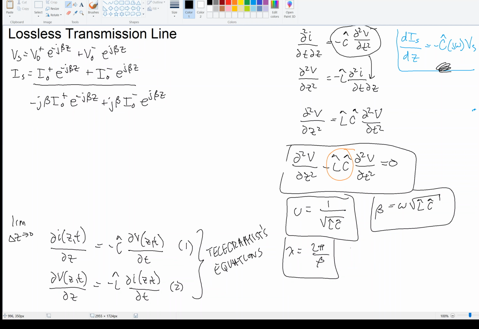Okay, that's the derivative. And we know from this thing in blue that the derivative is related to Vs like this. So this would become equal to minus j omega c hat times Vs, and Vs is up top. So we've got